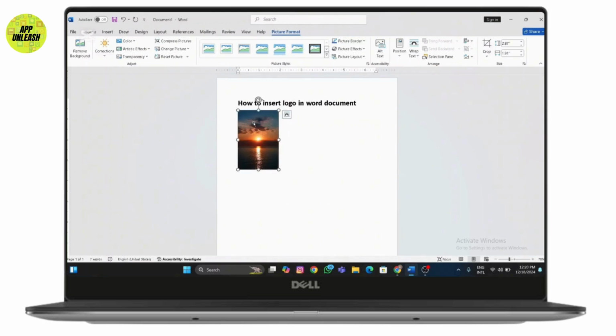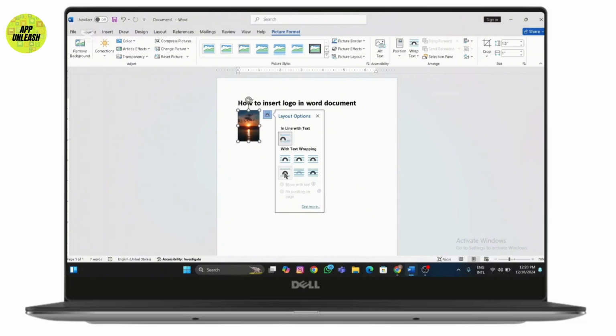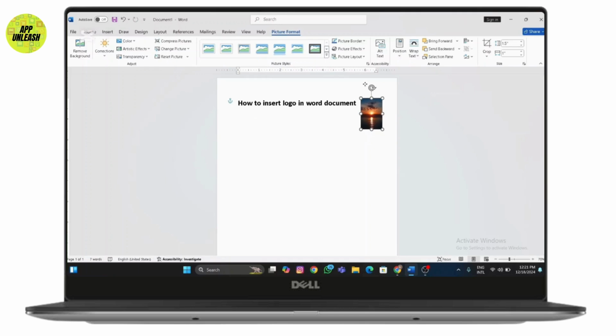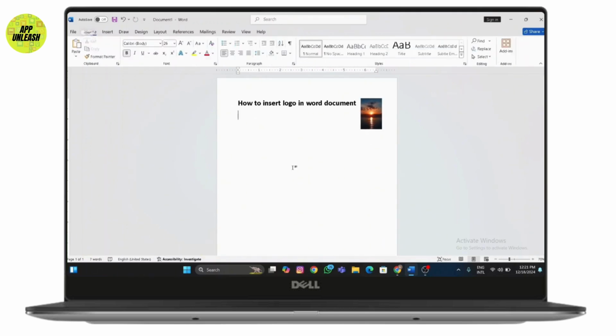You can also resize this logo at whichever size you prefer. Also, you can place it wherever you like, simply position the logo wherever you prefer by using the layout options. And that's it. That's how you simply insert a logo in a Word